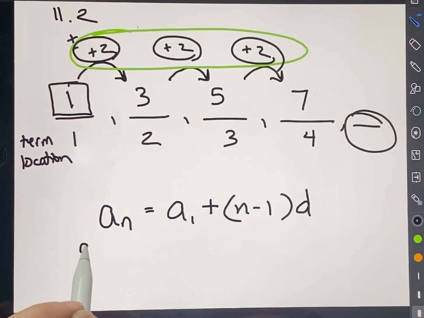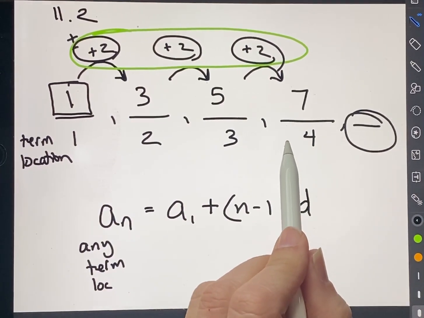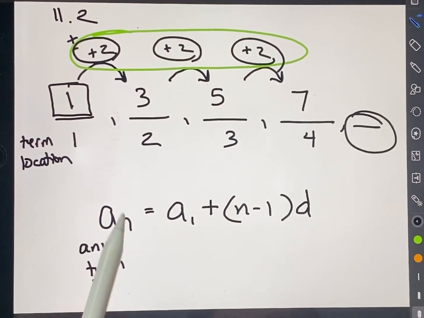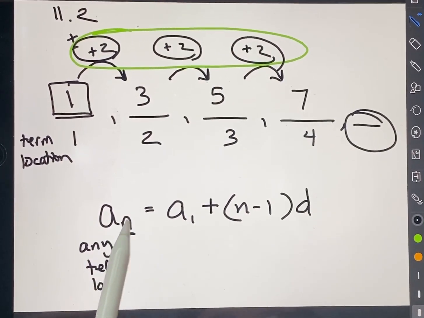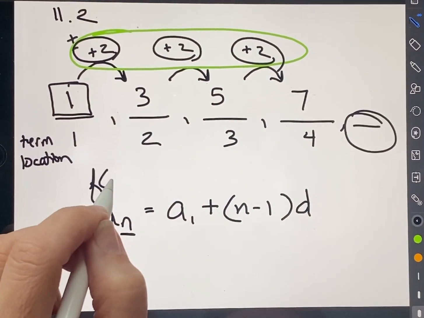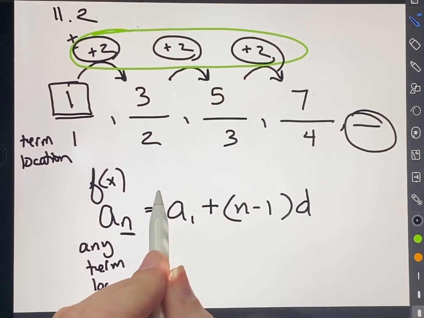Any term, to find any term location, right? So a sub n, remember we've learned that this a sub n is telling us the value at this location. So when n equals 4, the value would be 7 here. It's just like our f of x, right? That I'm going to take the value